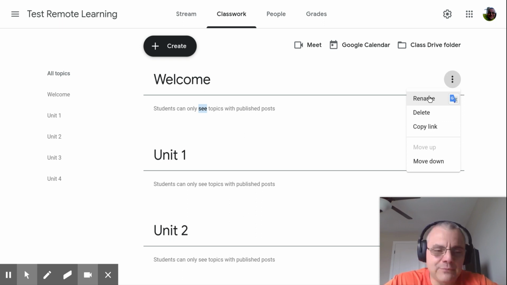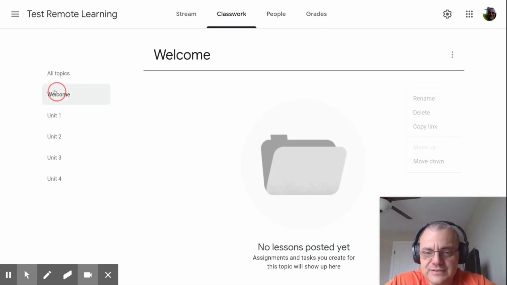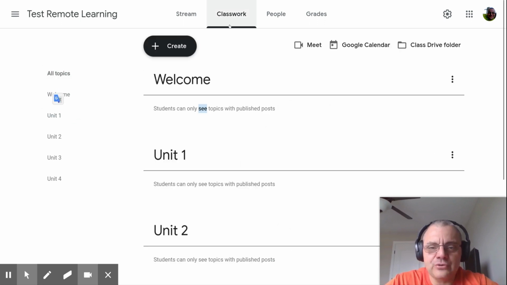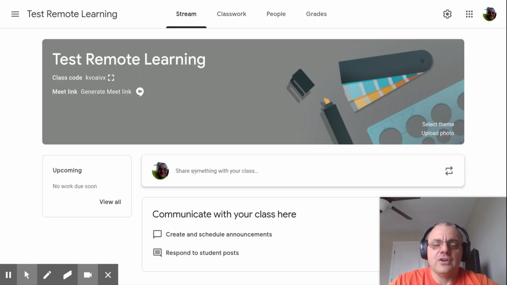If you don't like the name, you can come back and you can copy the link. So you could always send people straight to the welcome unit, just like doing this, where it shows only the welcome stuff or only the unit stuff. So in your stream, you could say unit one is ready to go, follow the link.